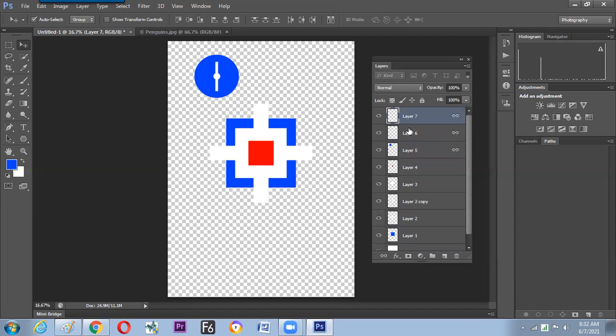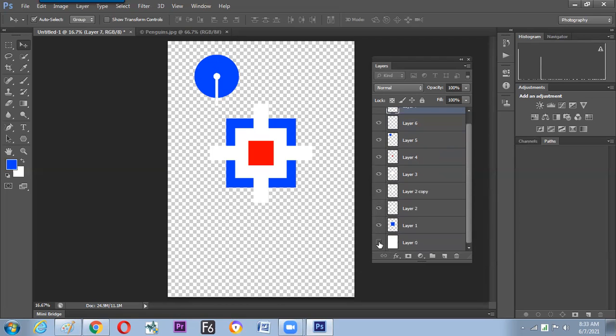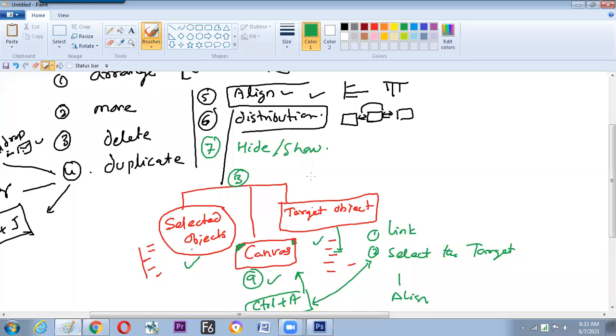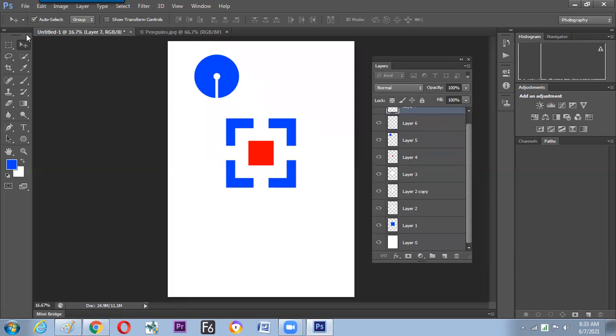Now it is time to unlink once more. So we have understood how to link and how to unlink, and move the object downwards and make the below layer on. So hope we have understood the next logo with the concept of alignment. So alignment can help us with these designs.